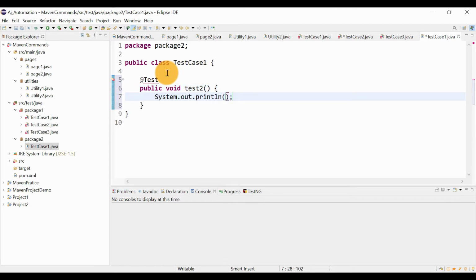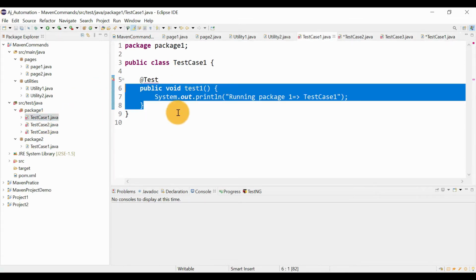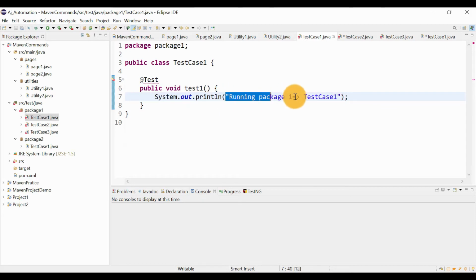Okay, and here we will print, okay, a similar statement we will print out. Save it. Okay, so this test case is from package 2 and test case 1, right?